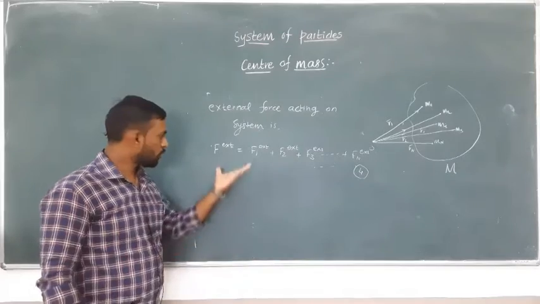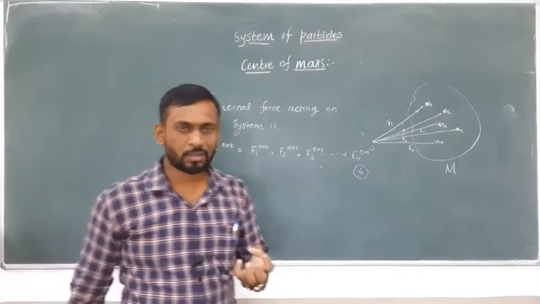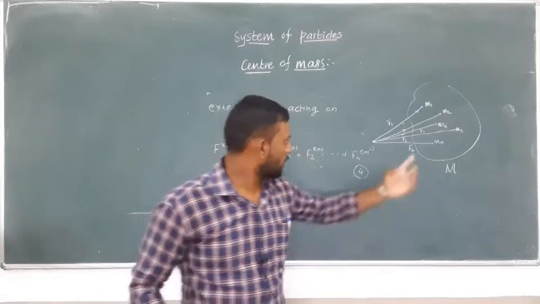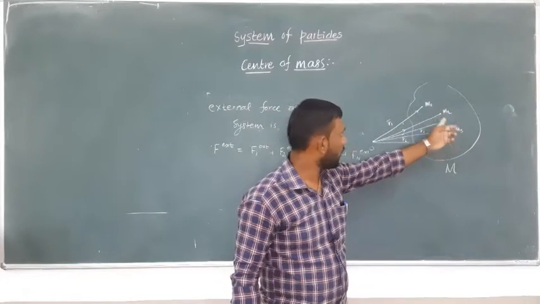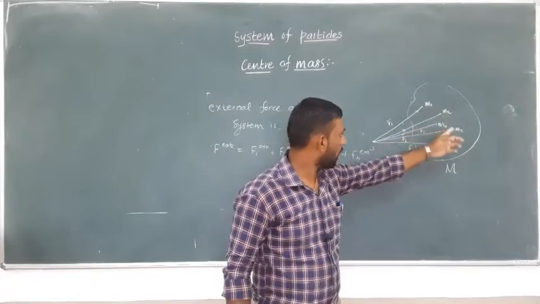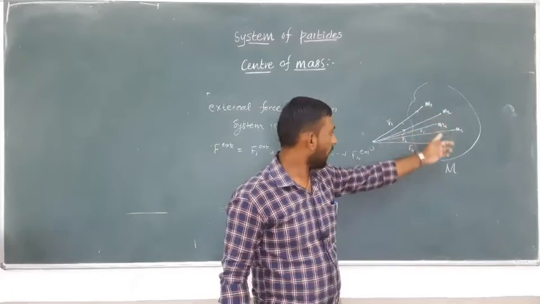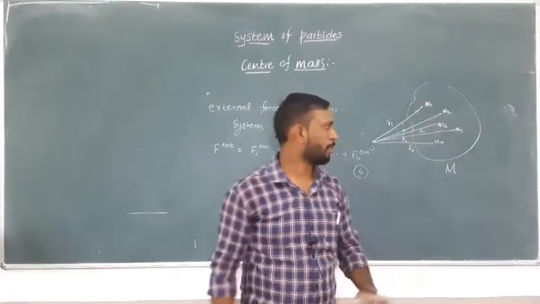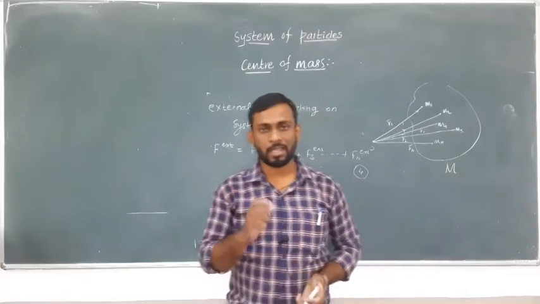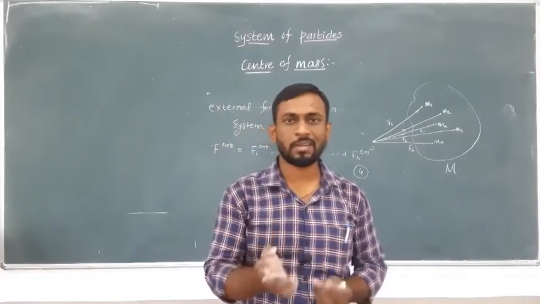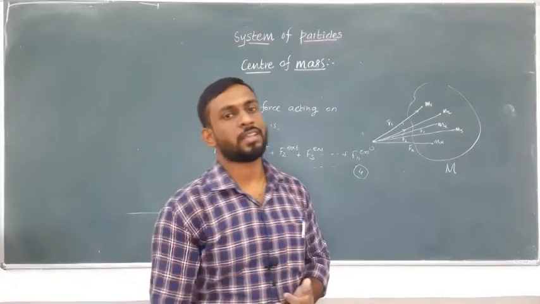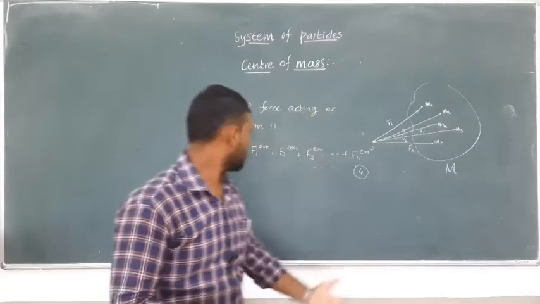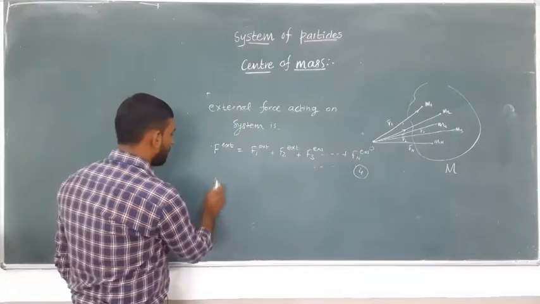Suppose due to this squeezing of this sponge ball, this M2 again interacted with this M1, this M3 again interacted with M1, and Mn again interacted with the others, and vice versa. Again, each and every particle, each and every mass of the system interacted with each other. Okay, so the internal forces again exist. So if we look at these internal forces,